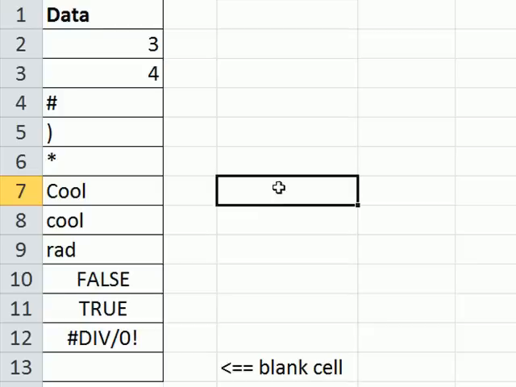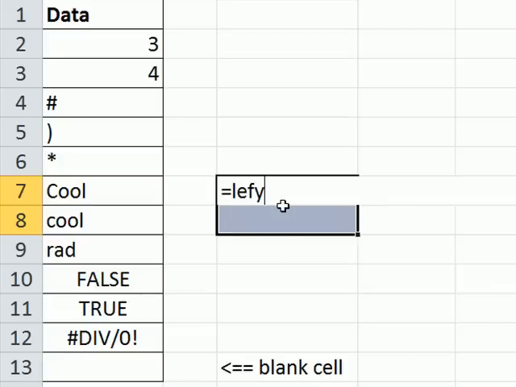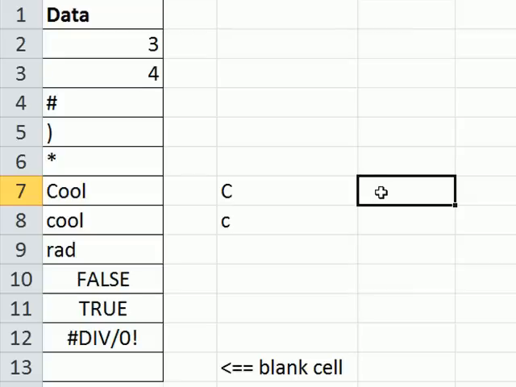Now there's a cool way to extract the first letter of each word. I'm going to use the left function. The left, if you give it some text, you can say how many characters from the left. I'm just going to say 1. And why I want to do that is now I want to show you that there's a code function, equals